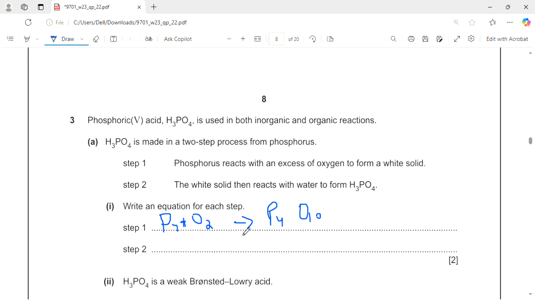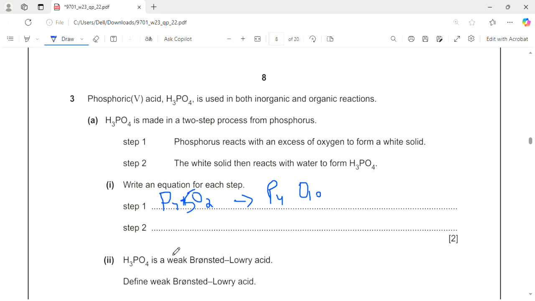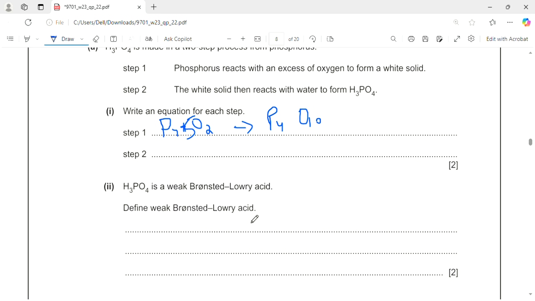So we must balance the equation. Phosphorus is balanced, but oxygen is not. Here is 10 oxygen, so we put 5 here, 5O2. So P4 plus 5O2 is your equation. Now the second equation: the white solid then reacts with water to form H3PO4. So the white solid, which is the P4O10,